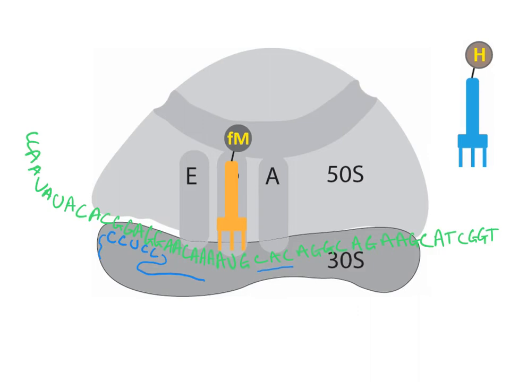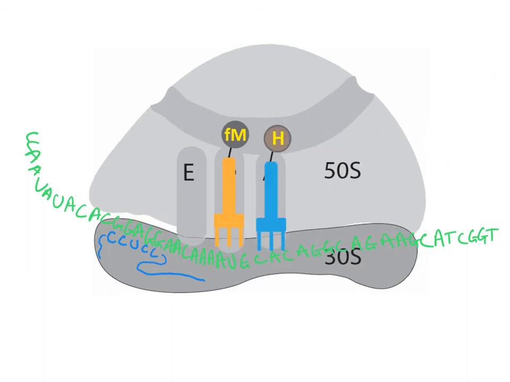And so the tRNA with an anticodon that is the exact complement of the three bases in this next A site, which in this case would be the histidine tRNA, which would have a GUG, will now come in and fill the A site. When that happens, we now have these two tRNAs placed appropriately, and the ribosome can make a bond between these